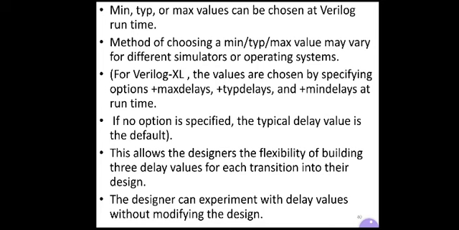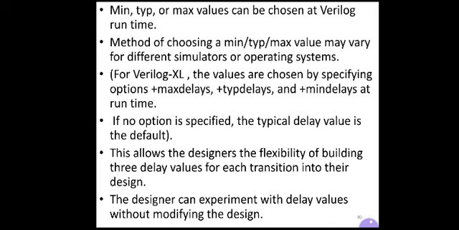The method for choosing these types of values may vary for different simulators or operating systems. For Verilog-XL, the values are chosen by specifying the options plus maxdelays, plus typdelays and plus mindelays at the runtime. If no option is specified, the typical delay value is the default. So during runtime, these are going to be specified.